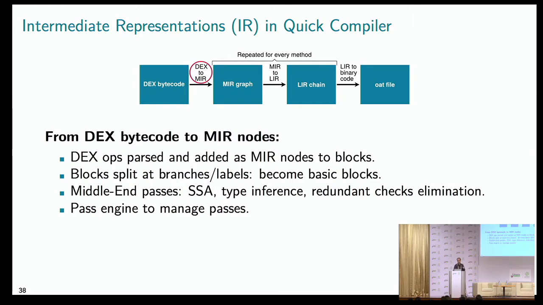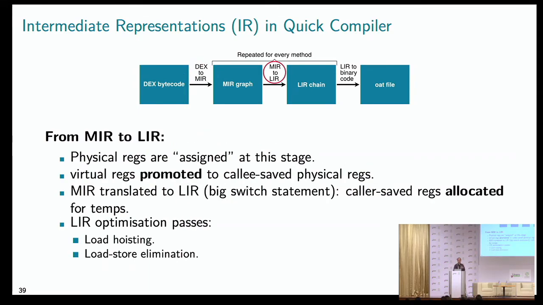So once the MIR graph is completed, we have another step, which is register promotion. So basically, we scan the MIR graph, find out which virtual registers are used more frequently, and then we assign these virtual registers to physical registers. In particular, we assign them to callee-saved registers, which are those registers that are preserved across calls. Once this assignment of physical registers is done, we are ready to translate MIR